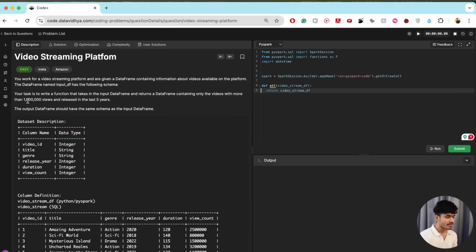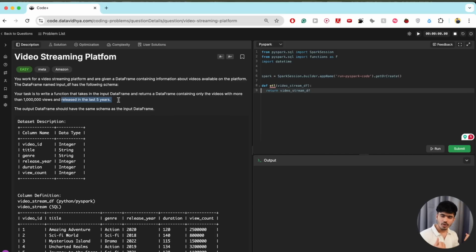Your task is to write a function that takes the input data frame and returns a data frame containing only videos with more than 10 lakh views and released in the last 5 years. So basically, your task is to write logic where you only get the information where the view count is more than 10 lakh. Okay, and it's released in the last 5 years. So any video that was released in the last 5 years, we need to get that. This should be our output. Very simple.